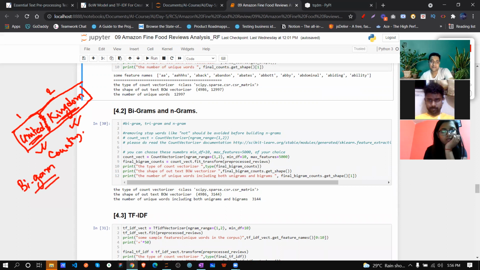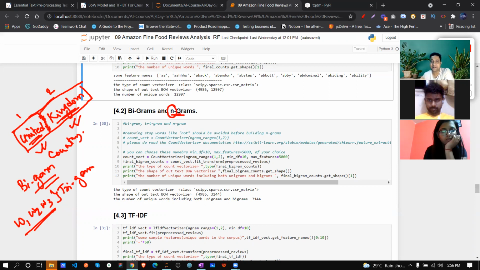Now, if there are word 1, word 2, word 3 which together create a meaningful word, then we call this a trigram. So like this way, n-gram, where n is again a number.